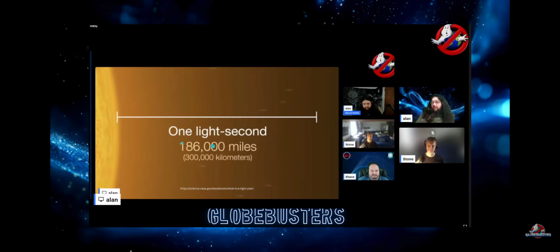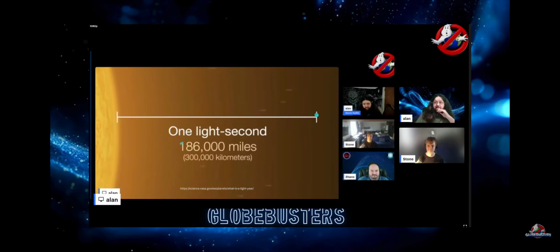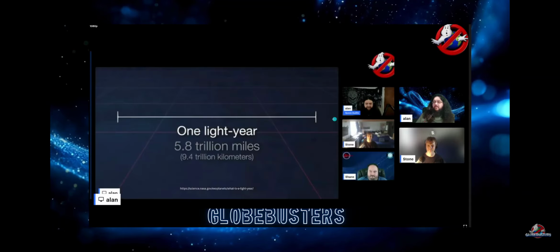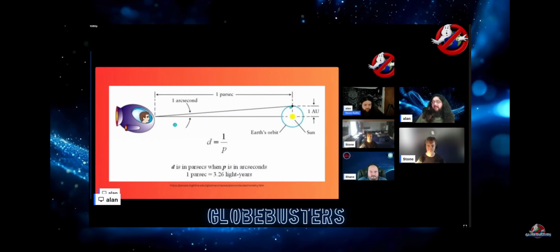So we went over how they relate these vast distances in their conceptual model with the speed of light. You can think about it like this: if you were on the surface of the sun and the light propagated for 1 second, it would get this far away. So they turn that into a unit of measurement, describe it over more time, you get more distance, and that's the backbone of how they relate everything conceptually.